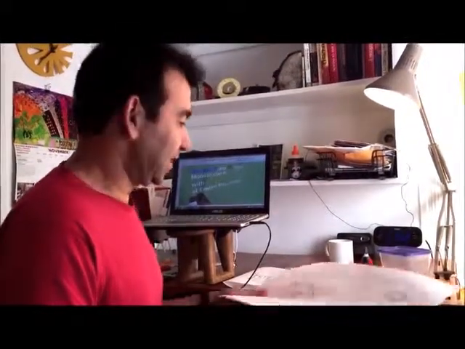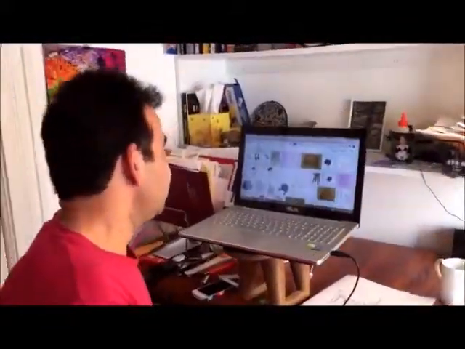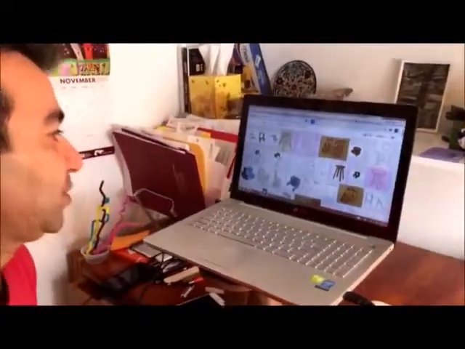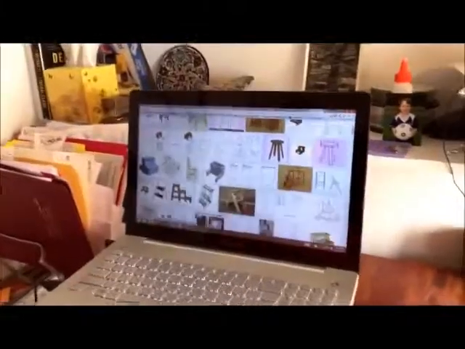So for this simple video, I'm going to give you a quick exercise and we're going to work on it together in the coming hour. So I had an idea that I want to design a footstool, a simple footstool. So the first thing I do, I'll go to the internet, go to Google Images, and I type drawings of step stool. As you can see, there are hundreds of designs